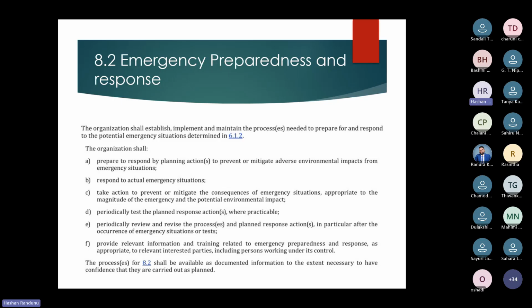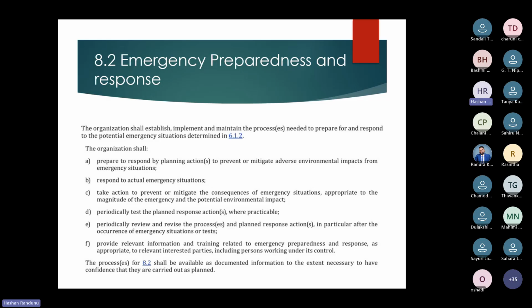The organization shall establish, implement, and maintain its processes needed to prepare for and respond to the potential emergency situations determined in 6.1.2. The organization shall prepare to respond by planning actions to prevent or mitigate adverse environmental impacts from emergency situations, respond to actual emergency situations, take actions to prevent or mitigate consequences of emergency situations appropriate to the magnitude of the emergency and potential environmental aspect, periodically test the planned response actions where applicable, and periodically review and